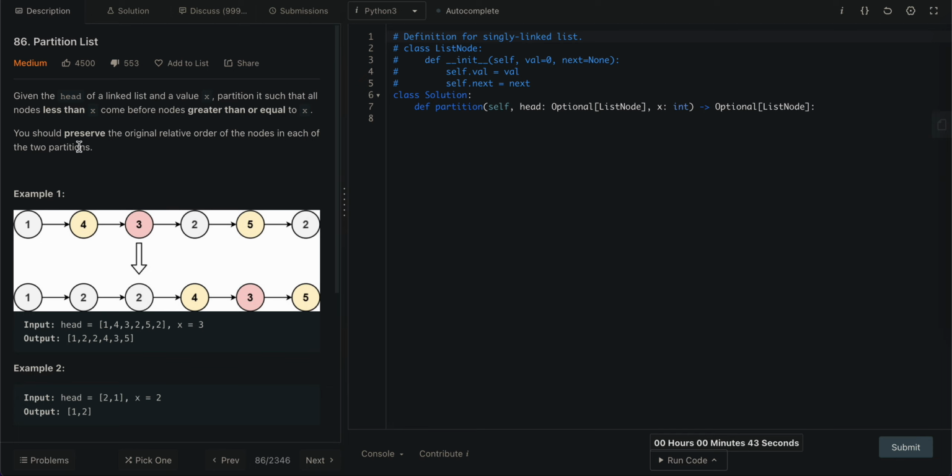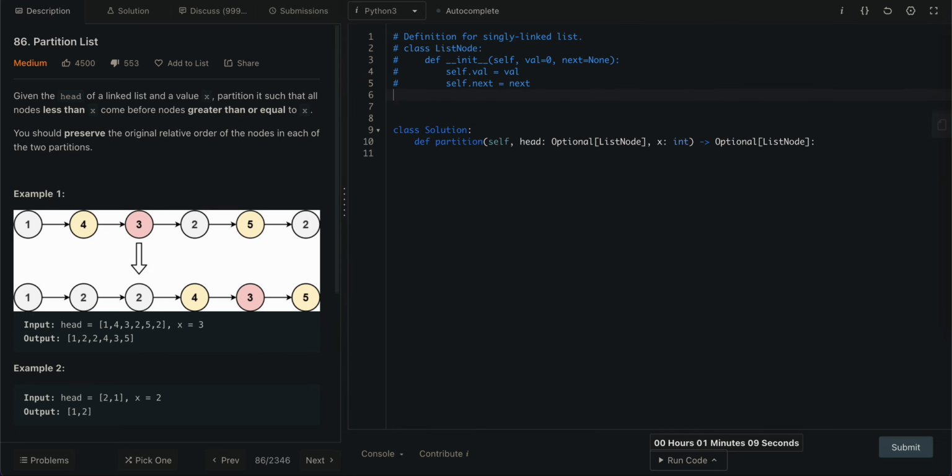Okay, so let's see what this question is saying. We have a single linked list. We just know the head of that, and we have to partition it in two sections. Nodes less than x come before nodes greater than or equal to x. So basically what they are saying is